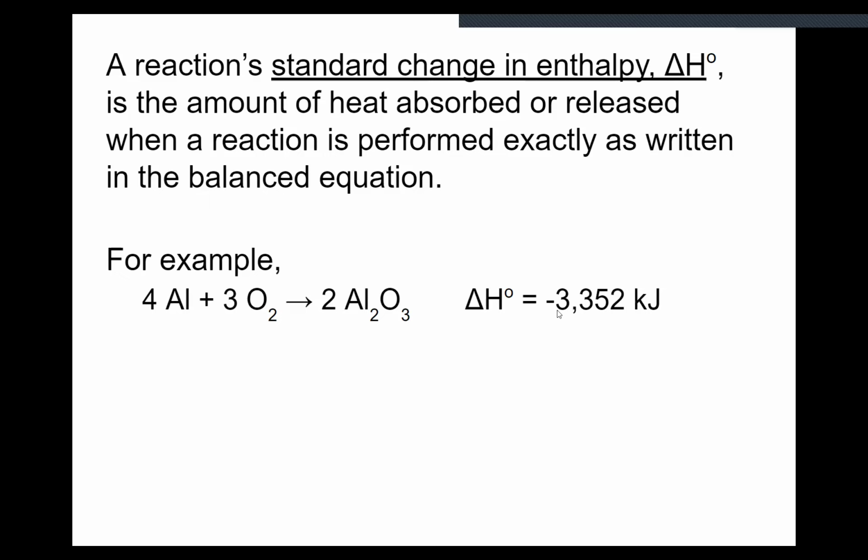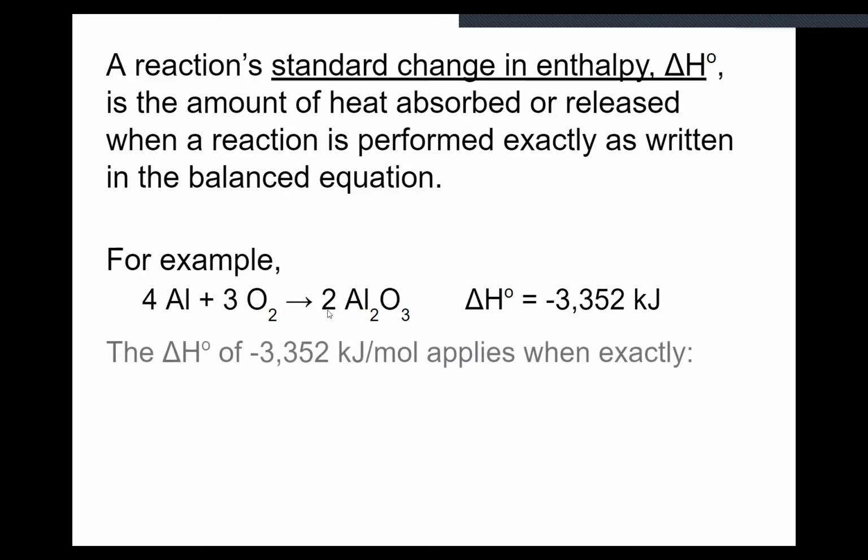First, note that that negative in front of the delta H tells me that this is going to be an exothermic reaction. We're releasing a good amount of energy. For every 4 moles of aluminum, for every 3 moles of oxygen, and for every 2 moles of aluminum oxide, this delta H value, negative 3,352, is the amount of energy released when exactly 4 moles of aluminum